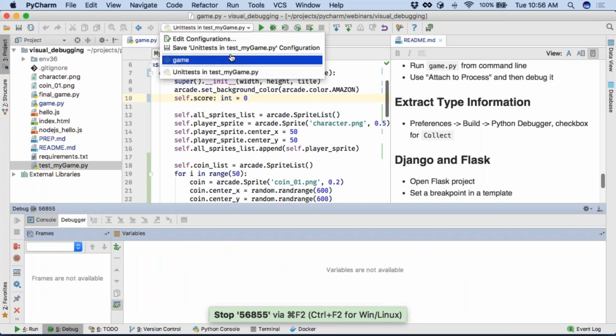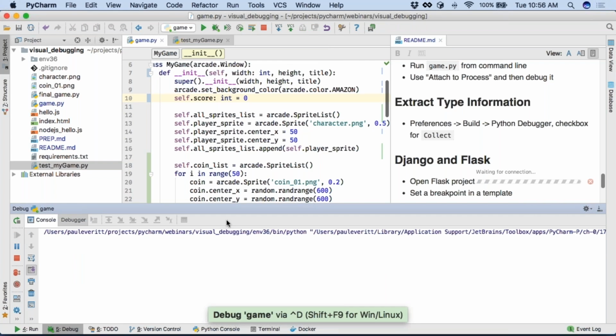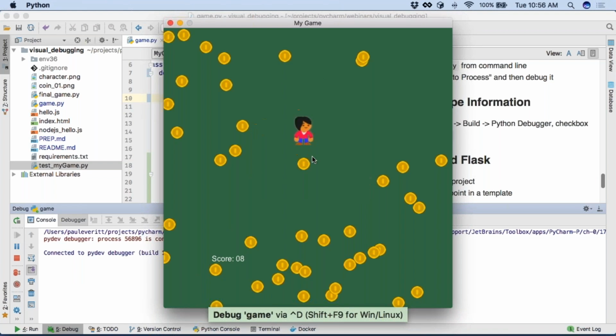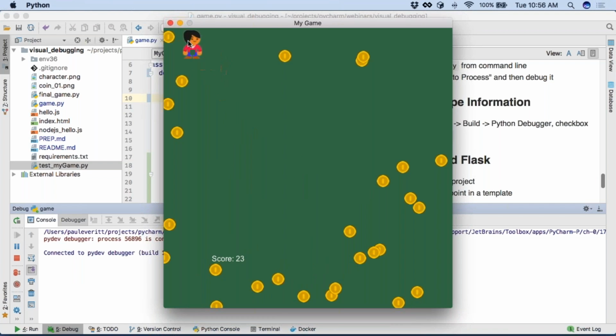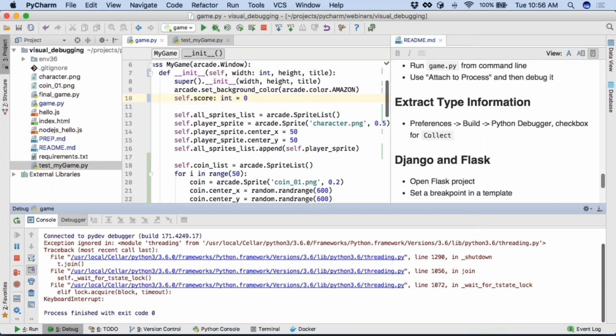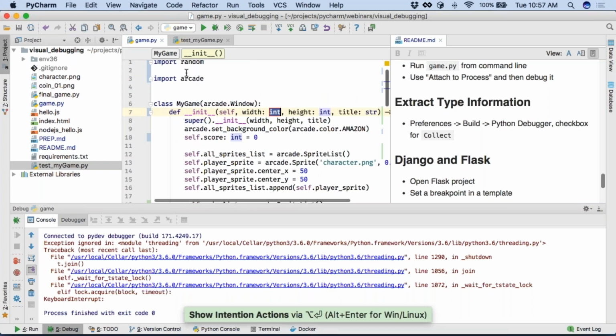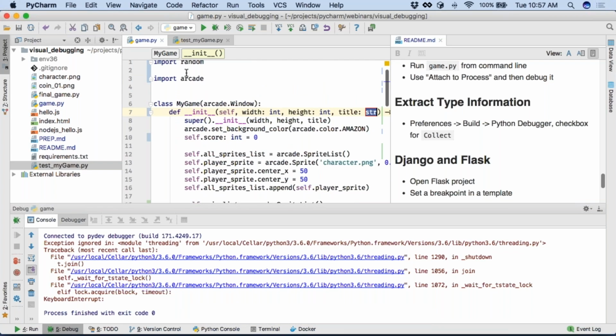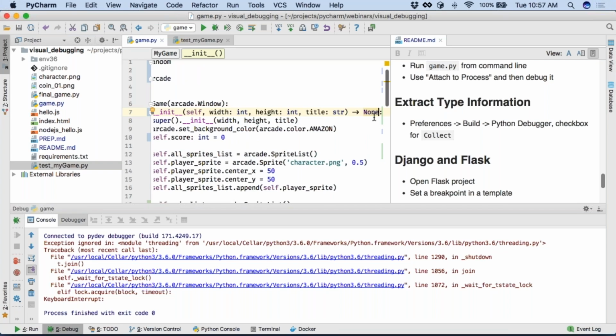I can run my game under the debugger, go do all my stuff, Dora's happy, Dora's getting rich. Finish my game, and then come up to here, and we talked about the quick intention stuff, Alt-Enter, annotate types. While the code was being executed under the debugger, it recorded information about this under init getting called,